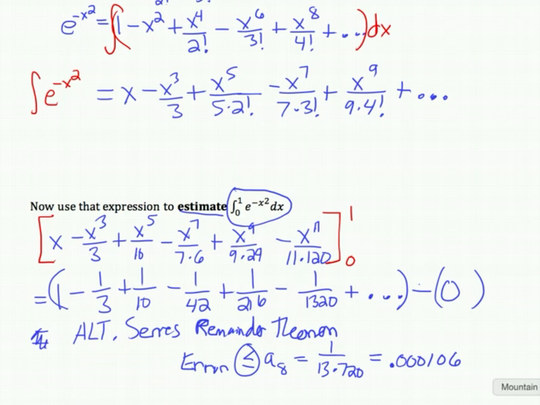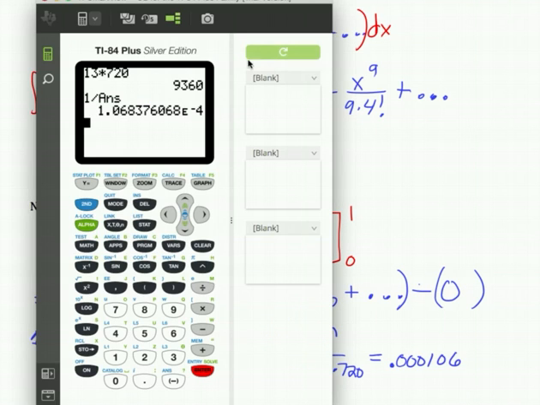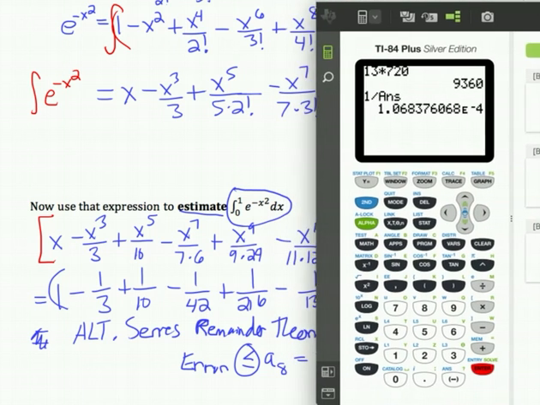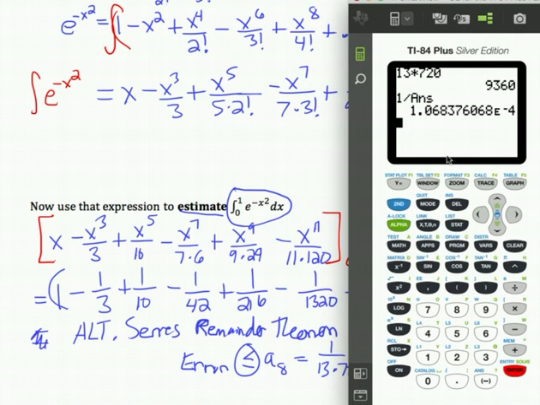So let's go back and grab our calculator and do it. So what do we have to add up there? Let's see. We can do it right here. Let's clear it out. So we're going to go 1 minus 1/3 plus 1/10 minus 1/42 plus 1/216 minus 1 divided by 1320. And there we go. So I got